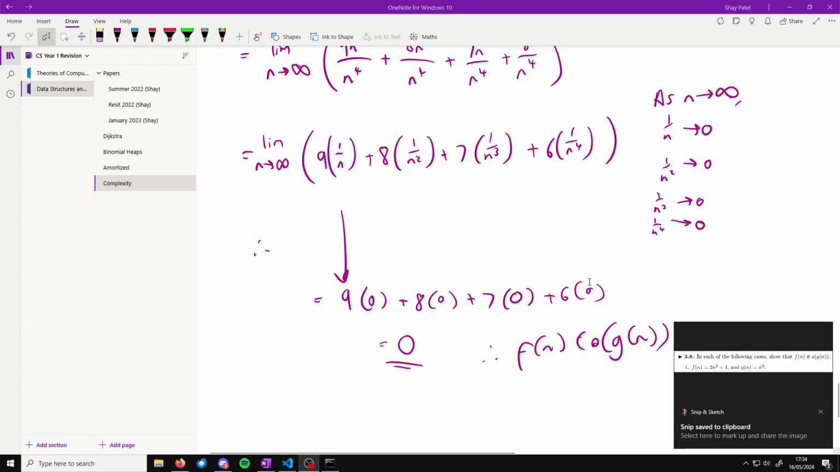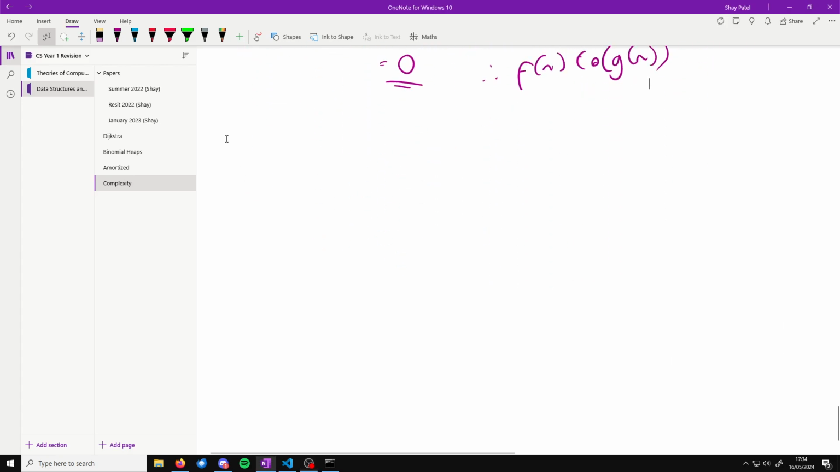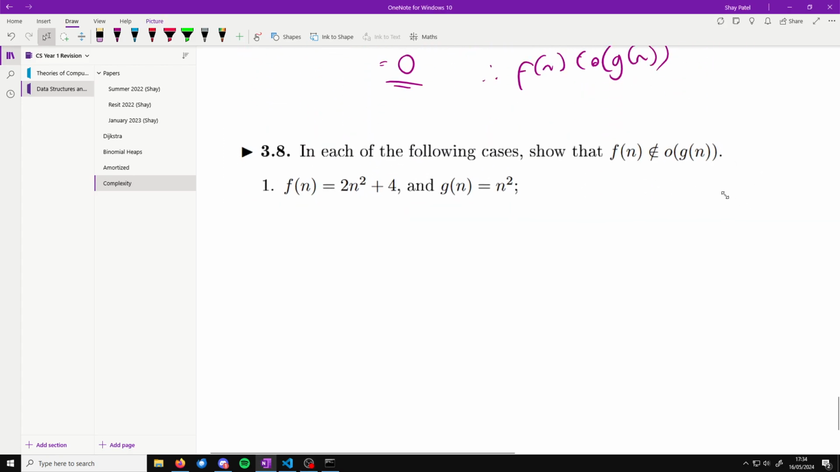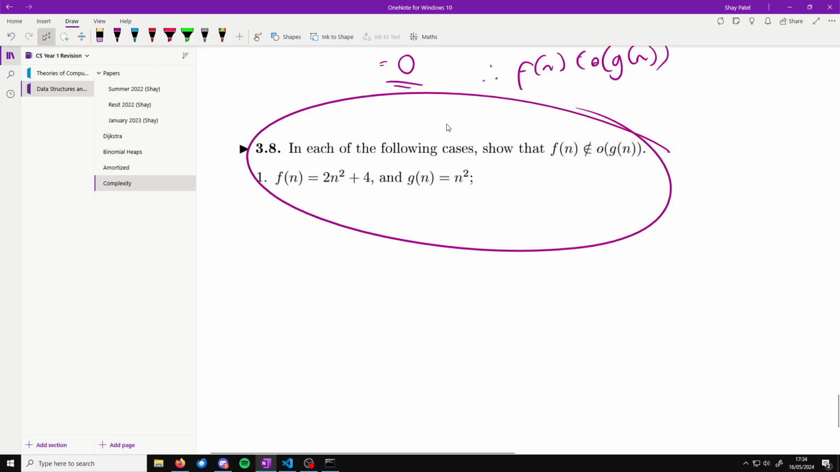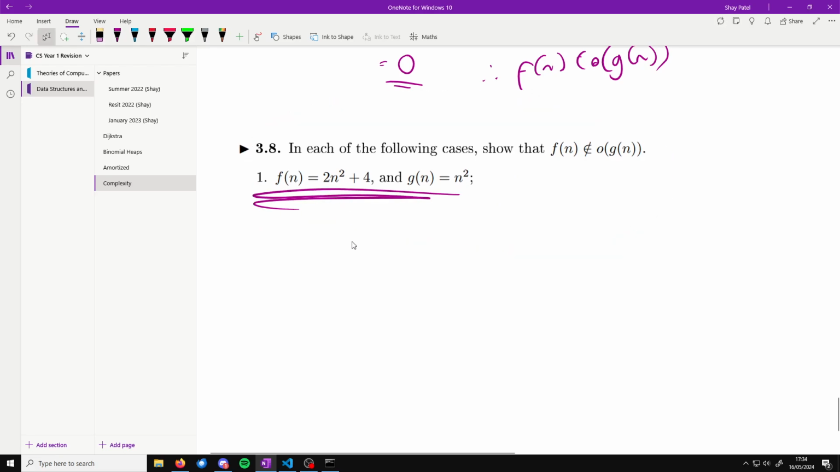Okay, so I see someone asking, what if it isn't in little o? So to prove that something's not in little o, all it means is as we take that limit, it's not equal to 0. So let's say we had something like this, and we want to show that this isn't in little o of g of n. So again, the limit as n goes to infinity of f of n, so 2n squared plus 4 over g of n, which is just n squared,